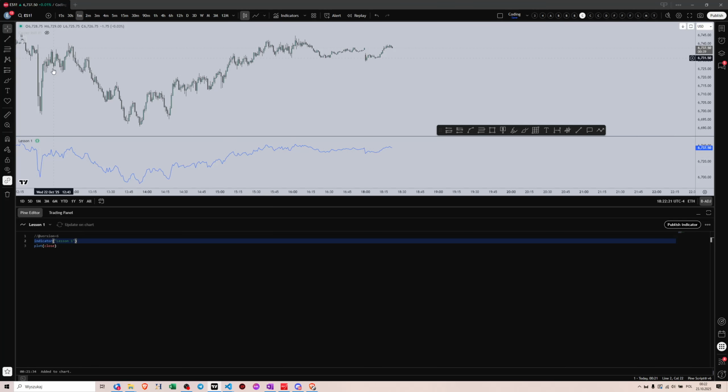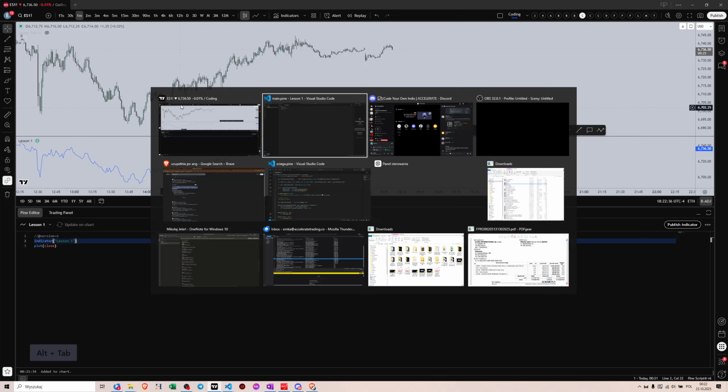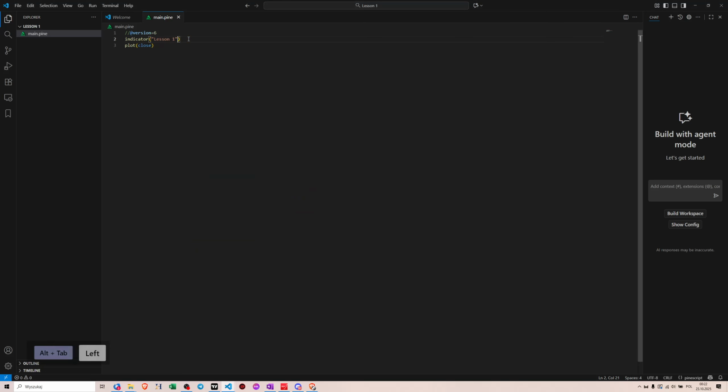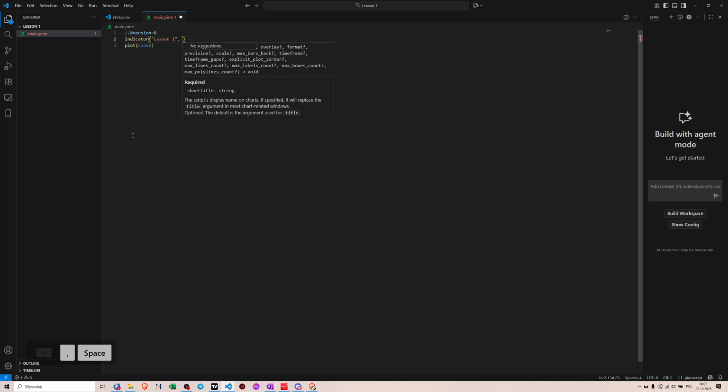But we would like this indicator to be drawn not in a separate pane, but overlaid on this chart. So in order to do this, we need to set the option